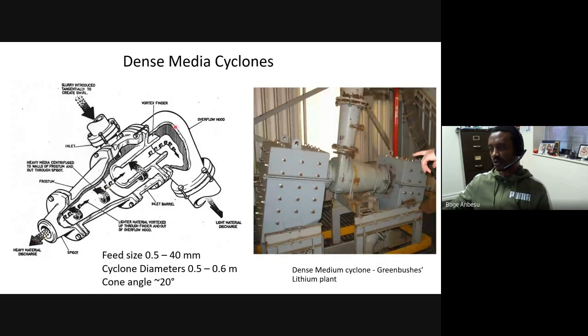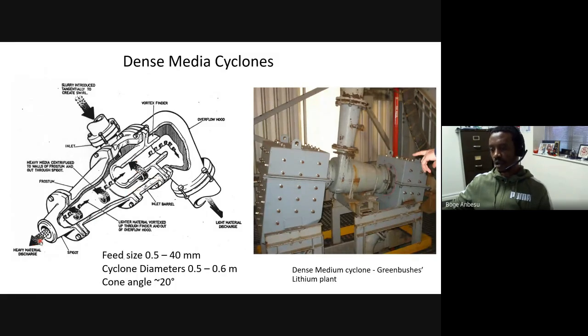And in hydrocyclones, small particles were exiting through the vortex finder. In dense media cyclones, light particles are separated out. So basically cyclones work based on the fact that heavy or coarse particles can be removed here, light or small particles can be removed here. Okay, so again, we can talk about either centrifugal force dragging the particles to the wall